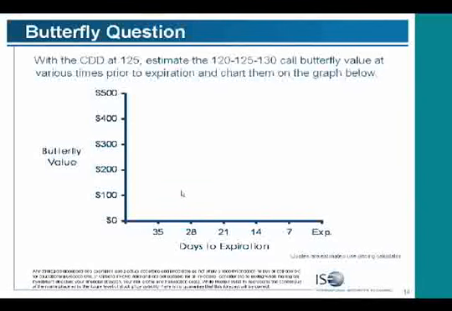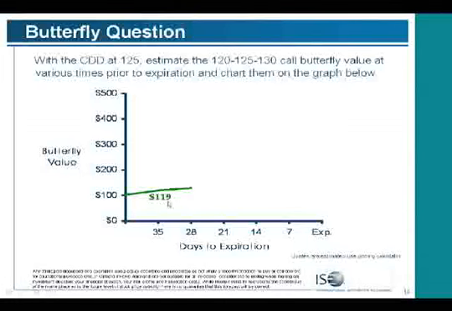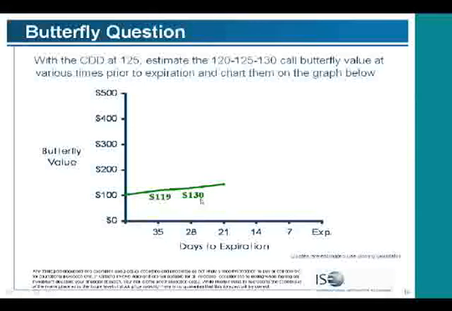So with CDD at 125, I want to show you how butterflies move as they move through time, and this addresses the way that I like to trade butterflies. But if I look at them, and it started out at 125 with, let's say, 40-some, or right about 35 days remaining to expiration, the butterfly is going to be trading right around $1. When the market moves and we're 100% right, guess what it's trading for? $1.19. So in other words, it went up 19 cents. Another 7 days go by. Now it's $1.30. Woohoo! I've been exactly right for 14 of the 35 days, and I'm only up,